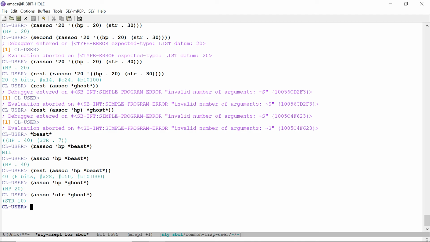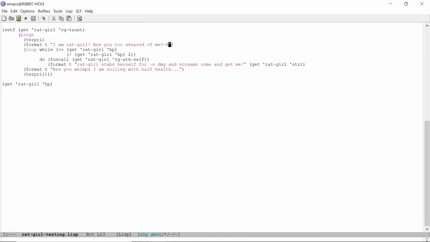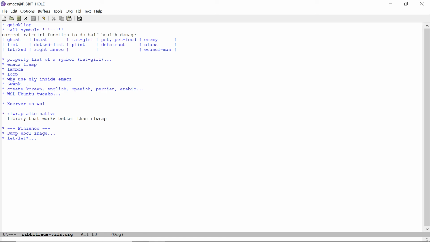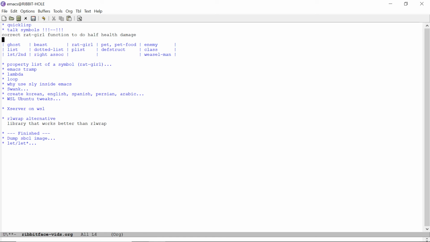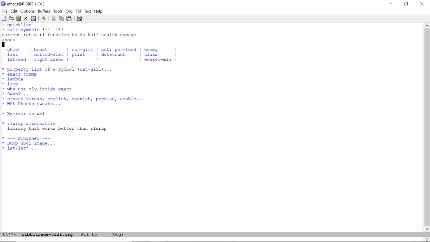And I'm not gonna type this into the source code buffer over here yet, because I wanna mess with that some more. Get familiar with using those things. And so I'm gonna go to the vid orgs file. I'm also gonna say, oh no, I'm just gonna put this. I don't need the RASOC, I don't think. And then I also want to maybe,